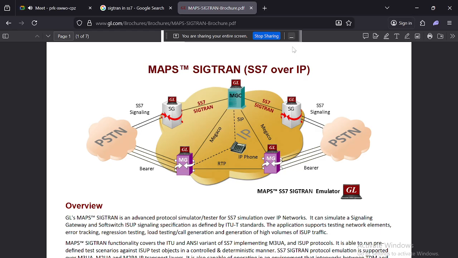how SIGTRAN is going to work at a high level, like MSC wants to set up the calls. ISUP messages are sent to the MSC. It's encapsulated like M3UA, goes to SCTP, and it routes into the IP network. And the remote MSC or SSP receives the IP packets and decapsulates, which means we can also call it decode, the voice information, message information, everything. That ISUP messages will process the calls and get the call connected.